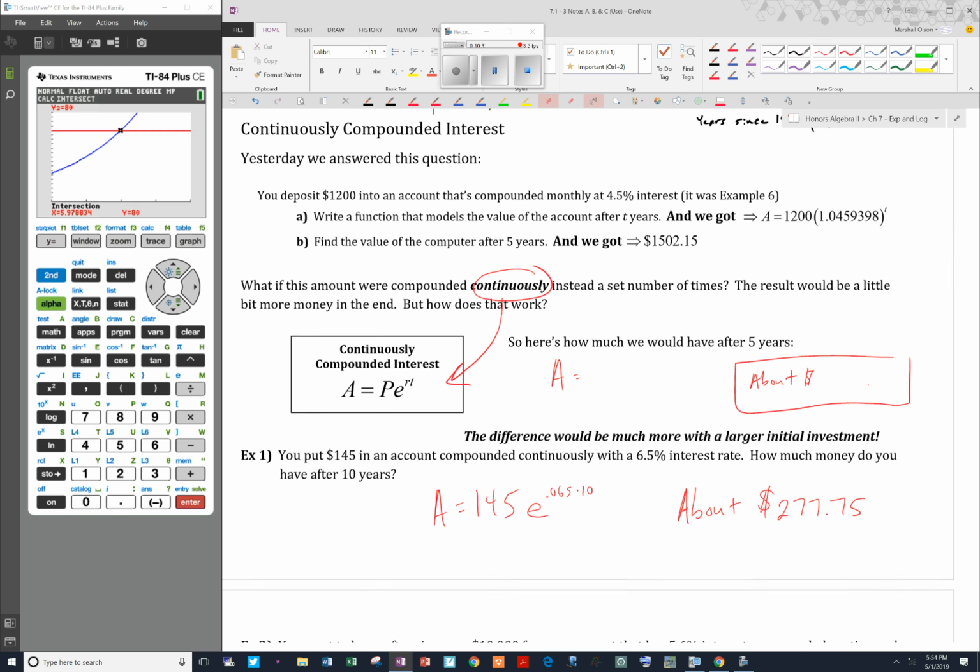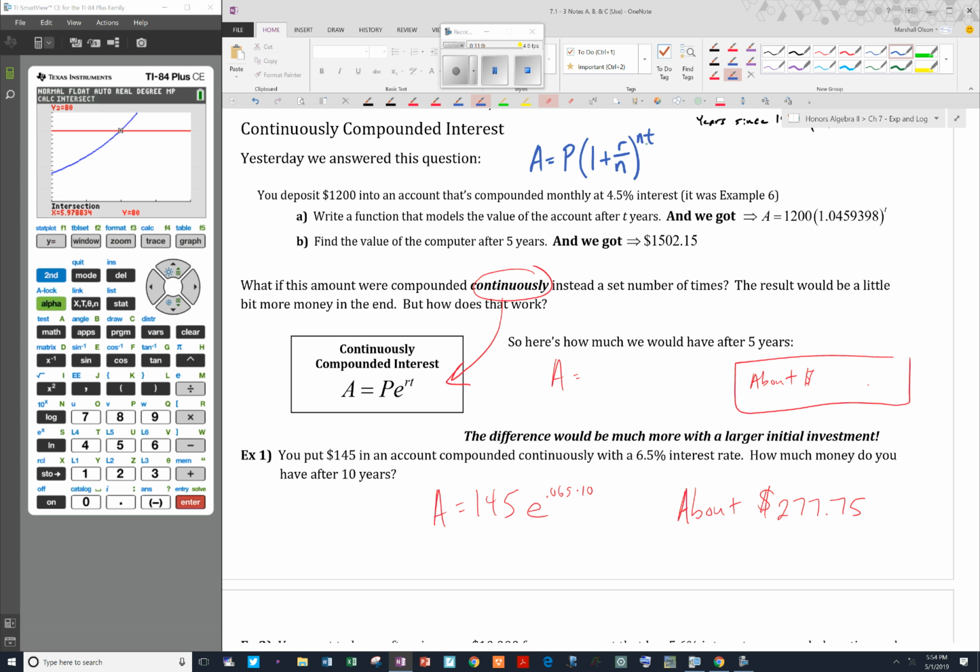Yesterday we talked about compounded interest, and the formula we had for that, I'm just going to write right here real quick, was the amount in an account after a certain amount of time has gone by, t years to be specific, is found by taking the principal and multiplying it by 1 plus the rate that it's compounded divided by the number of times that it's compounded n taken to the n times t. Okay,